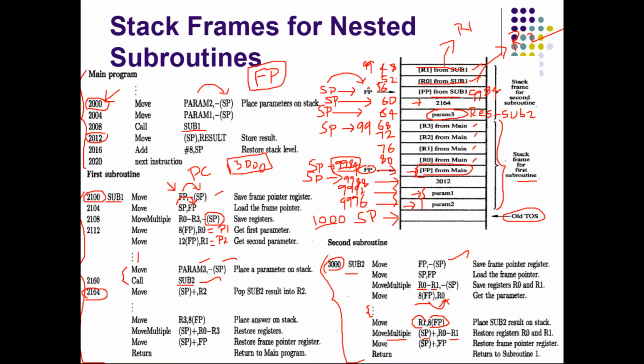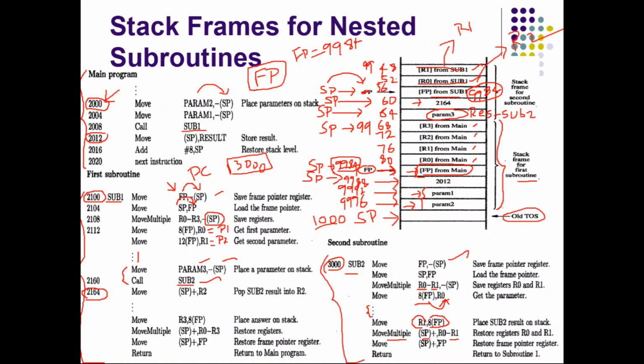So now FP will become, that is move SP plus FP. That is, the content wherever SP is pointing will be moved to FP, and then SP will increment. So this 9984 will be moved to FP. Now FP is equal to 9984. No more is FP equal to 9956, so that is not valid. Now this is the new FP.